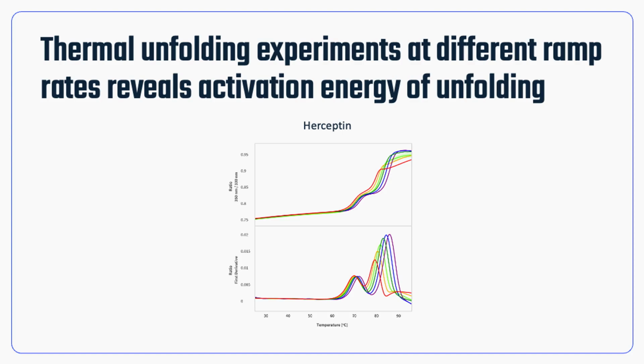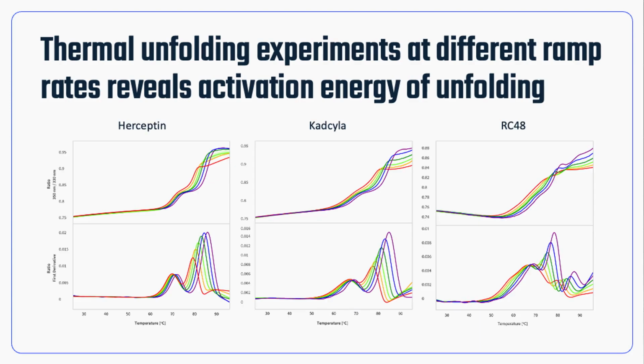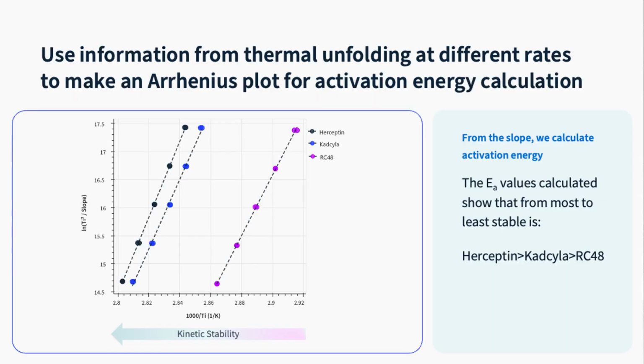And underneath, like the nano-DSF data we saw earlier, that first derivative view shows the TMs and how they're changing as the heat rate changes. Now we can do the same thing with Kadcyla and RC48. Same thing, this is just showing a range of heating rates. So we'll use this data to calculate the energy of activation. This uses that nano-DSF data we just saw, and we've generated an Arrhenius plot. And the slope of this plot is used to calculate the activation energy of irreversible unfolding, another predictive measure of